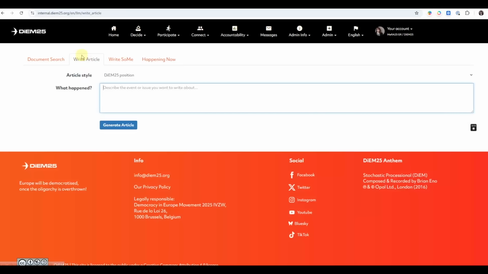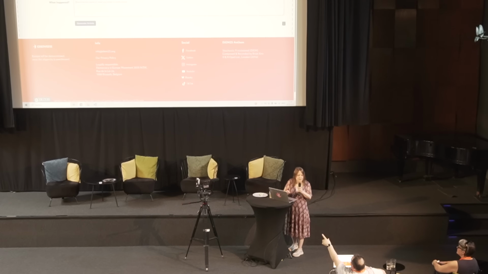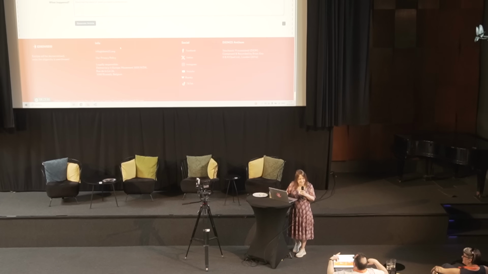Right article? Yeah, like those tabs. Mm-hmm. I don't have them. Yes, like I said, you have to come up to me and say, hello, I'm Jose, give me access to this, because we need to protect it against people using it to write their homework. Because every time someone requests something, it actually costs DiEM money. So we want to make sure only the activists are using this tool. How do you qualify? Everyone in this room is qualified, and everyone you know that needs this access is qualified. Yeah, we're just guarding against the person who just signed up 30 minutes ago.